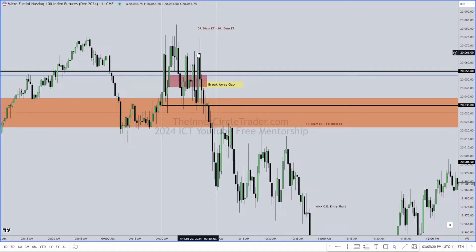Now think about what has transpired. We had a nice up close week. We've had the market open with a small opening range gap, 20 handles. We opened in yesterday's first presented fair value gap. This gap here is going to be the least important.